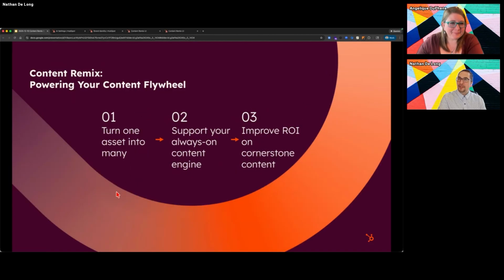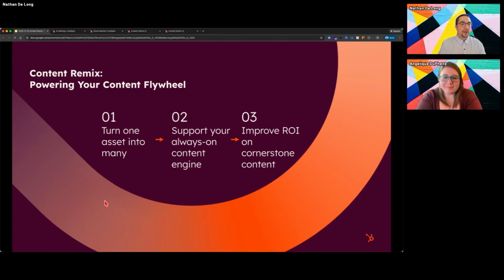Then let's go ahead and talk a little bit about how I would think about doing this. What we'd really like to think about is how do we take that one piece of content, turn it into many, get it out in front of folks so that we can multiply our ROI on every asset that we create. I think the old model is very much content is used once and then maybe it's forgotten.